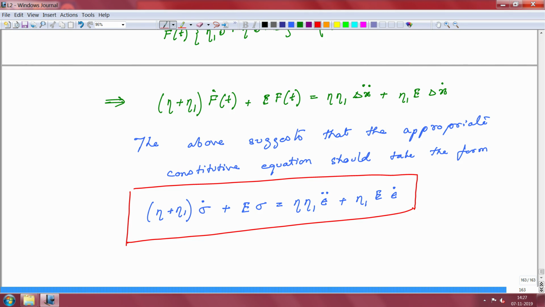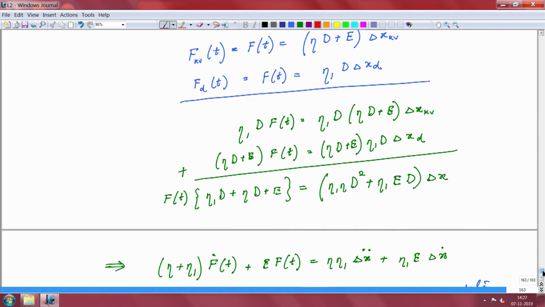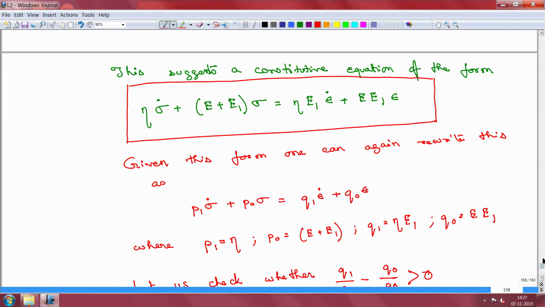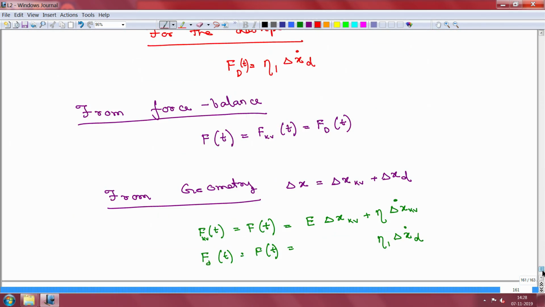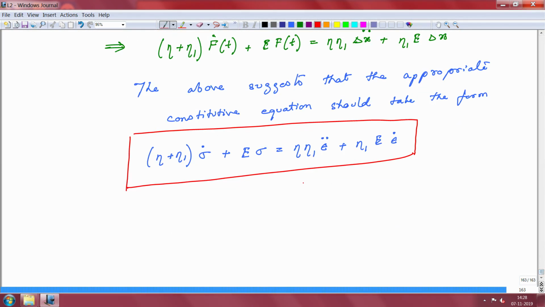Now, you will recognize that this equation has a double derivative and hence does not fall into the form that we had solved for previously, right. All our solutions that we had done previously were only for the case where you had a single derivative of the stress and the first derivative of strain, but here you have the double derivative. So, this cannot be solved in the same process, but you can use a similar process of taking Laplace transforms and solving for that, right.